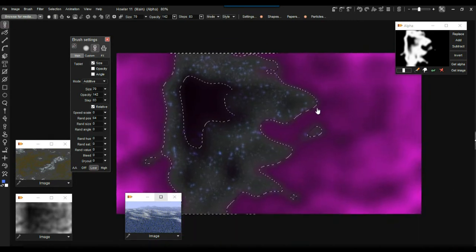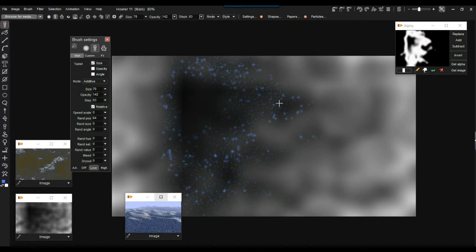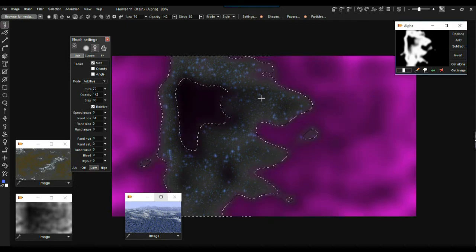So I think we have an interesting map here. Let's go clear the selection, and we see it looks very different from what we used to have. The smooth rolling hills are still out there. Now one thing I'm going to do is replace that map and turn my attention to the